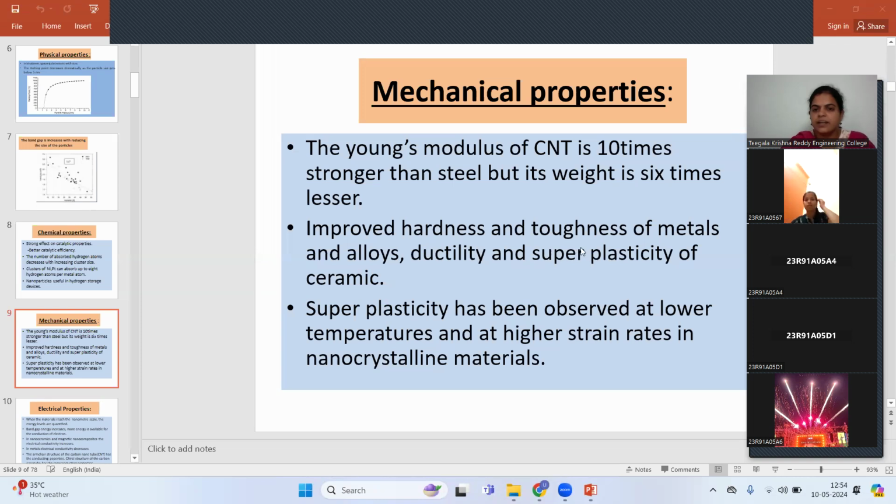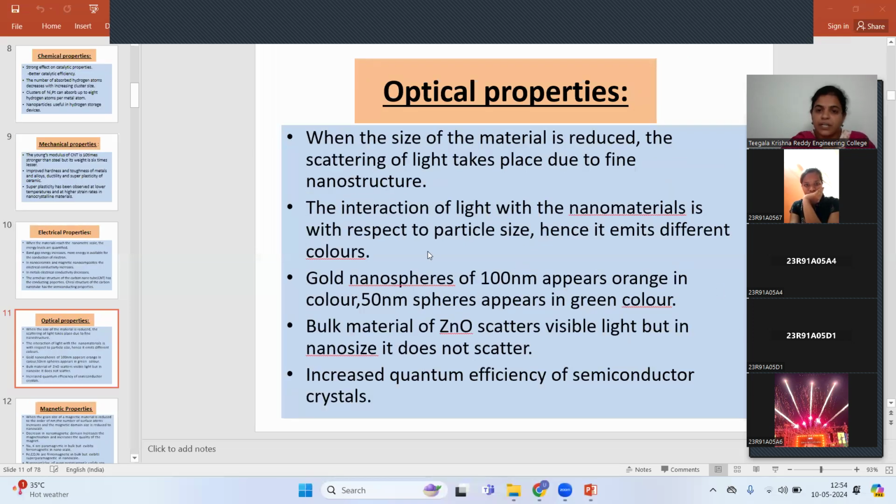Improved hardness and toughness of metals and alloys, ductility and superplasticity of ceramics. Superplasticity has been observed at lower temperatures and higher strain rates in nanocrystalline materials. These are the mechanical properties of nanoparticles. Coming to optical properties, when the size of the material is reduced, the scattering of light takes place due to